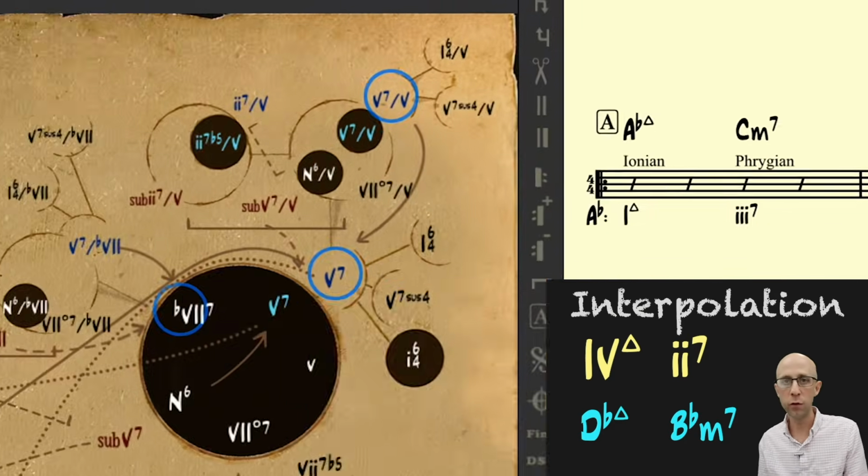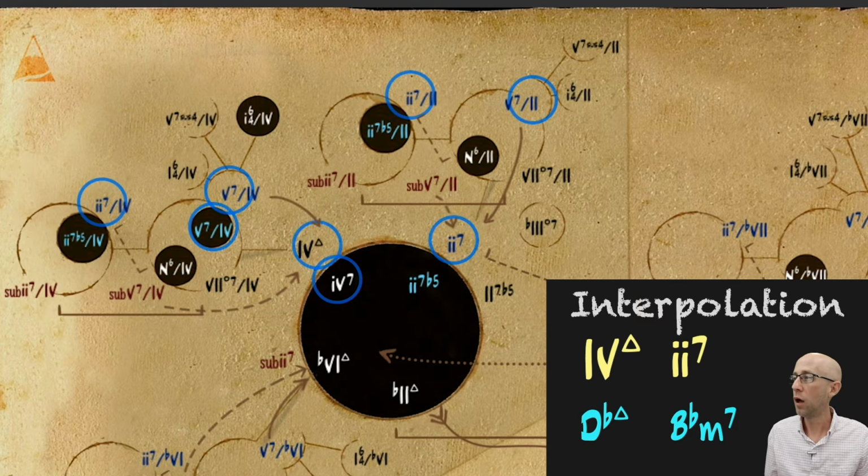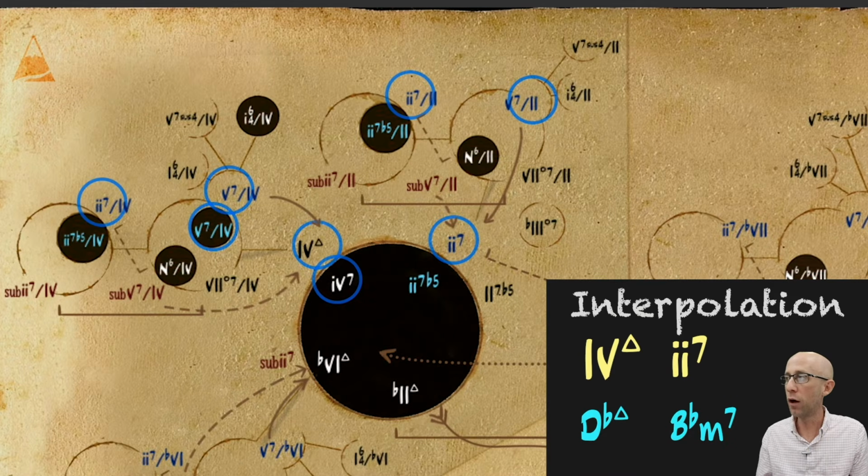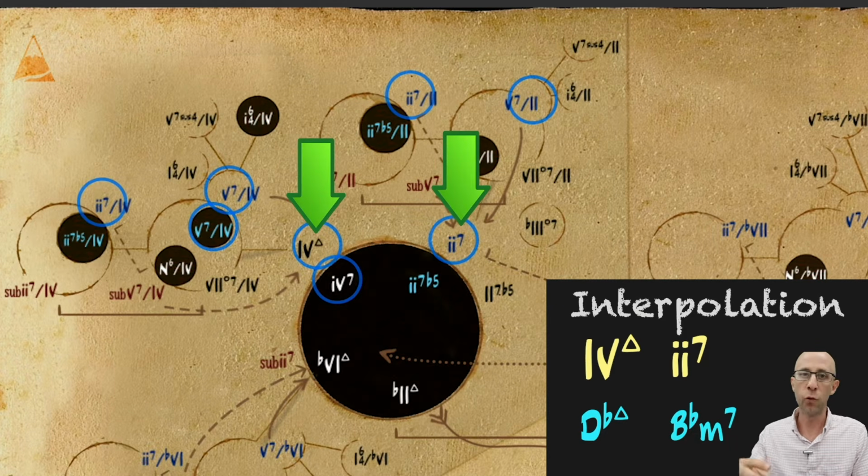So this is kind of similar to the first technique we talked about. They occupy the same region of the map, the subdominant region, and if you look at the upper 3 notes of a B flat minor 7 chord, you'll see the D flat chord. And that means to say, if you look at the upper notes of any 2 chord, you're going to see the 4 chord that it's related to.